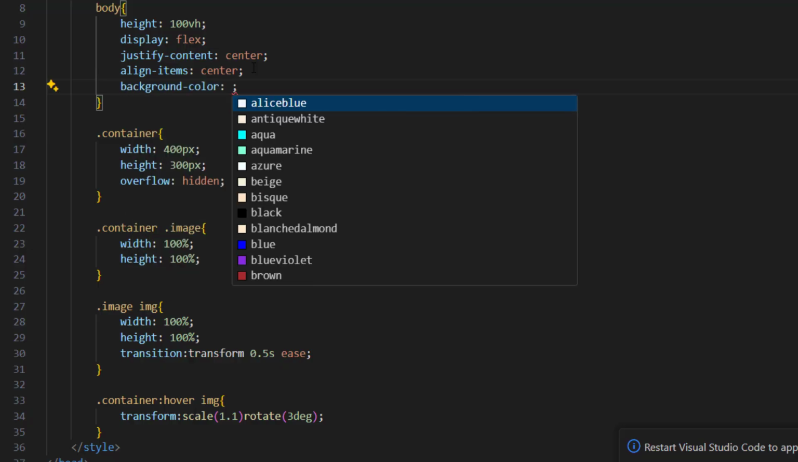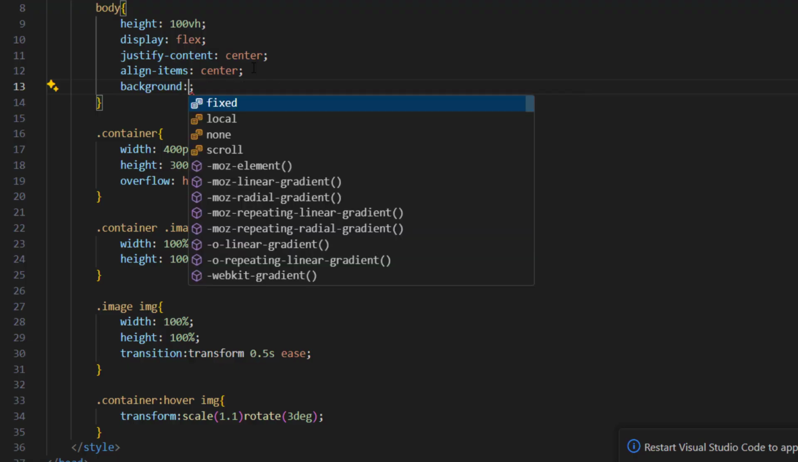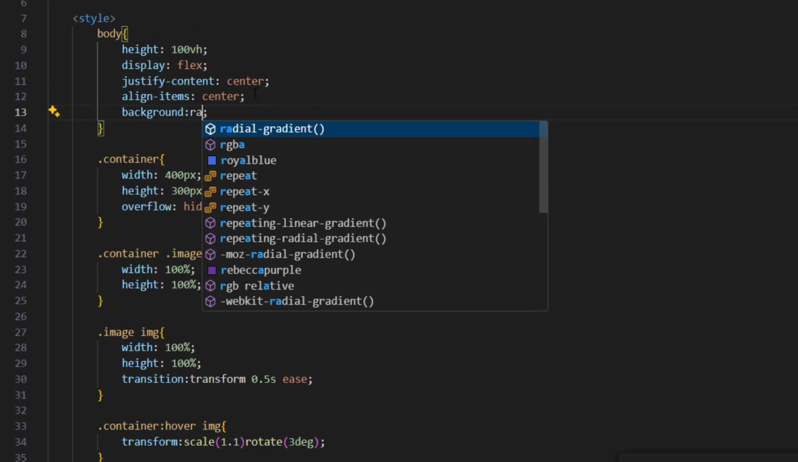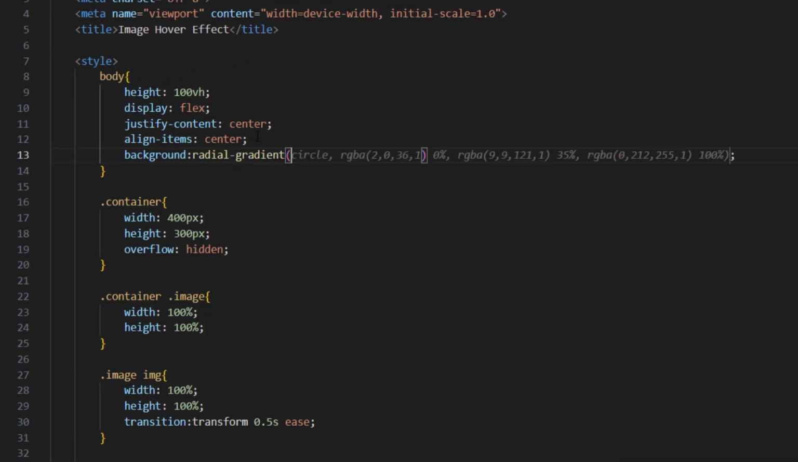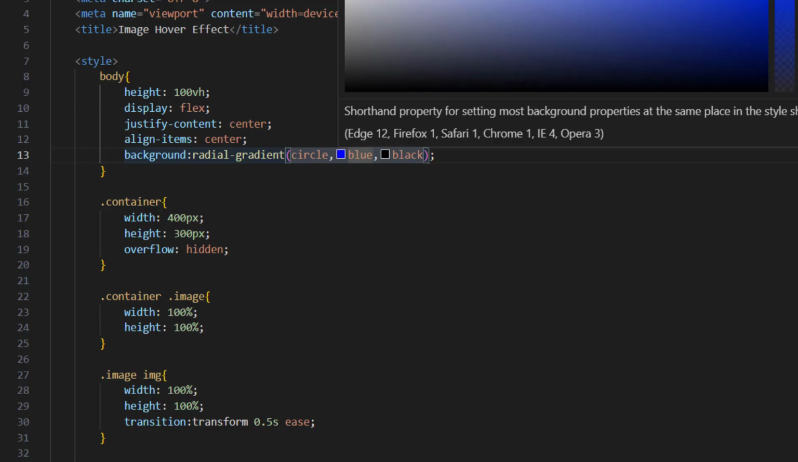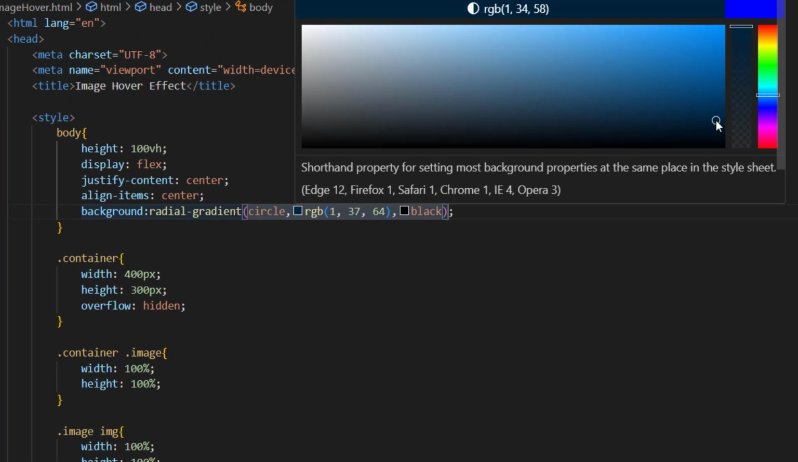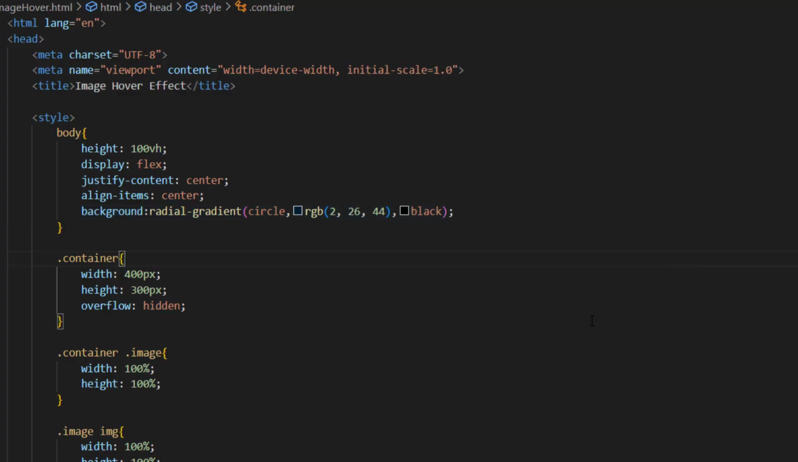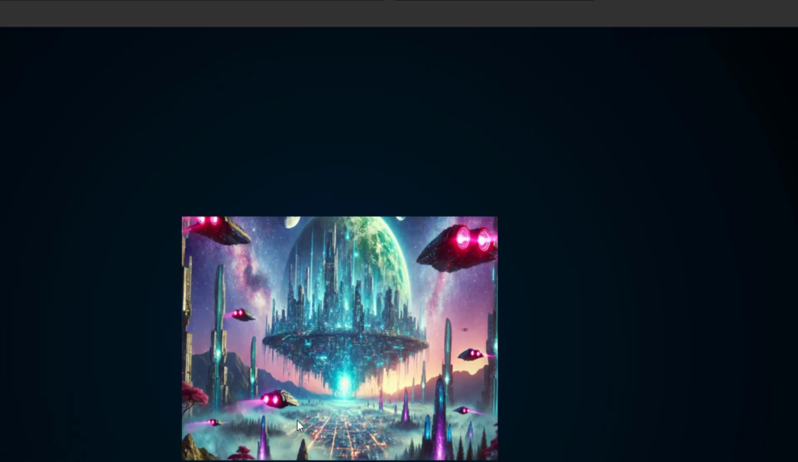background color, not color. Let's provide background. And we are going to provide radial gradient. Let's make it circle. The center color, let's make it say kind of blue, and outer, let's make it black, and blue we are going to make it kind of this dark blue. All right, let's hit save and let's take a look. Yeah, okay,